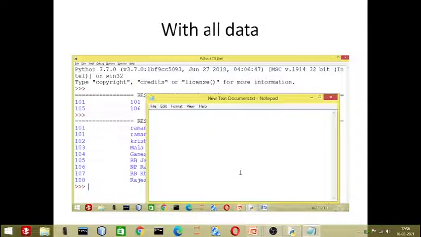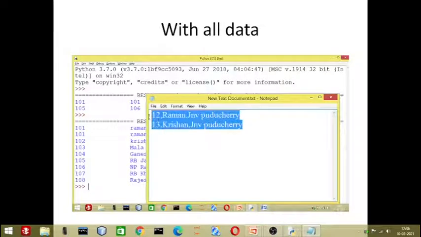For example, I'll enter 12 comma Raman comma JNVPUDUCHERRY and 13 comma Krishan comma JNVPUDUCHERRY. Now you can see 2 records are available, comma separated values.